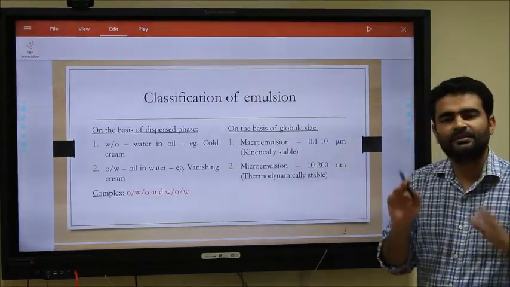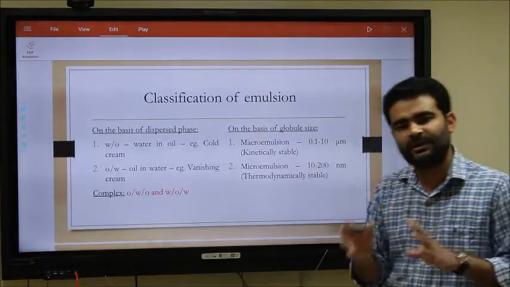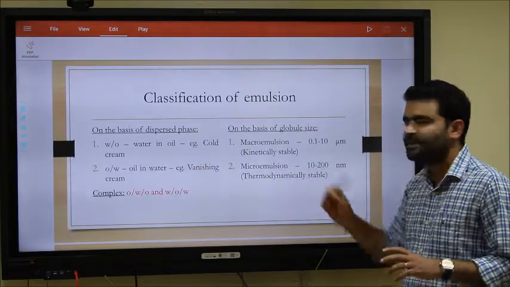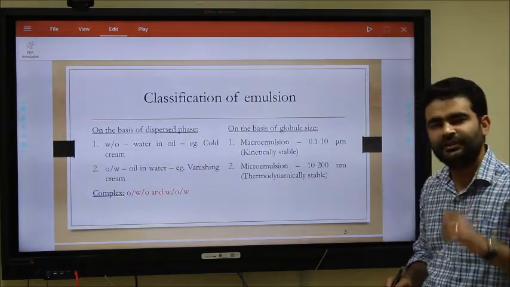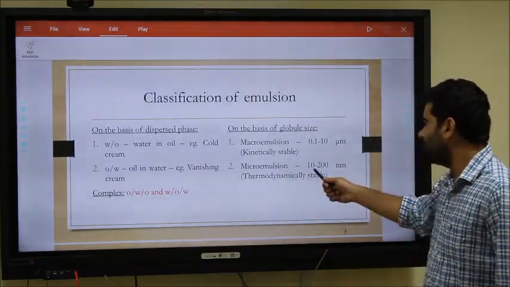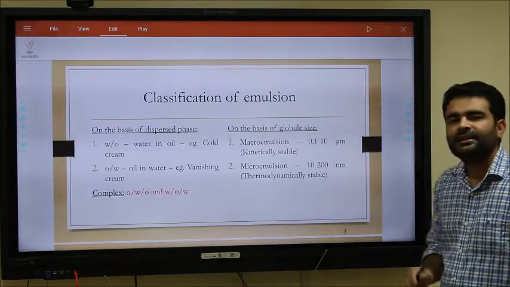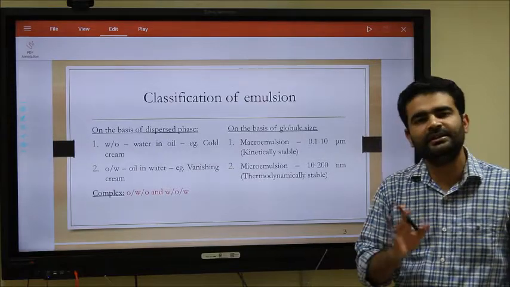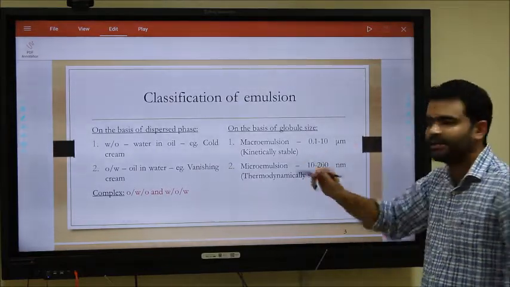And these macro emulsions, in which the globule size is bigger, are kinetically stable. Although in case of micro emulsions, in which the globule size is further reduced to 10 to 200 nanometer, these types of micro emulsions are thermodynamically stable. Okay, that means micro emulsions are more stable